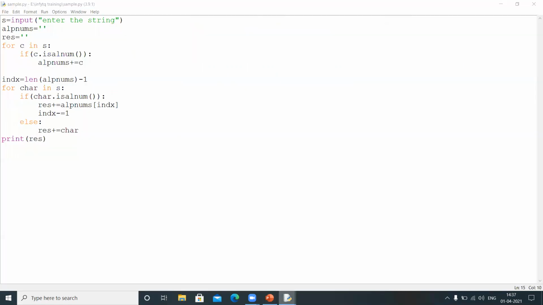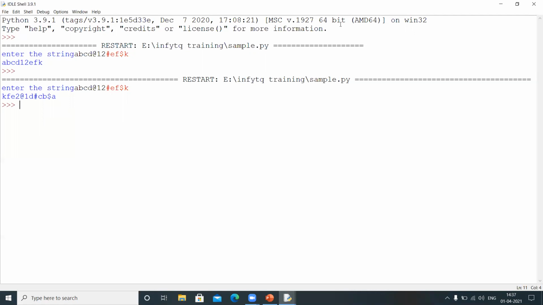Now observe what is happening here. Here we are doing a simple thing. We are just checking if it is an alphabet or a digit, in that case we will replace that character with the temporary character, temp of I. If it is a special character, we are keeping it as it is. In this way, we need to solve these problems.